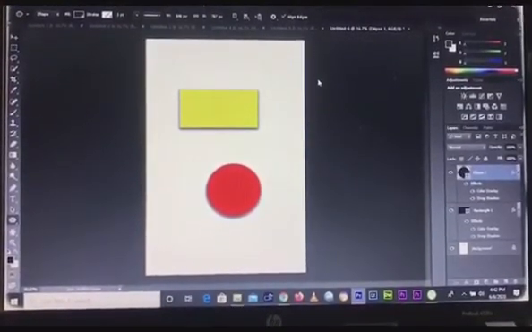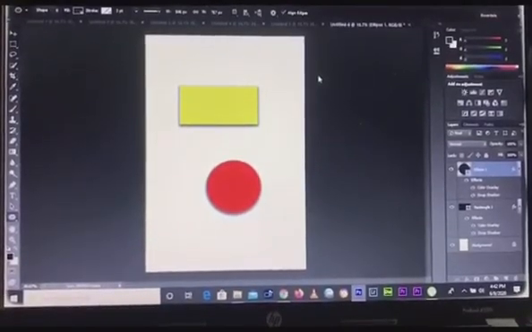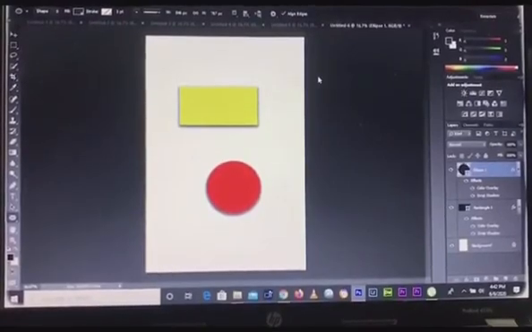Okay, now we will also be looking at something called the color gradient. But before that,